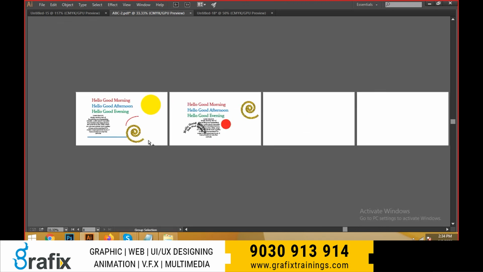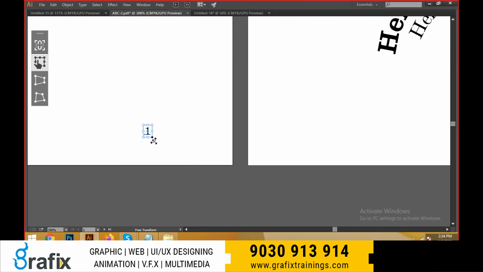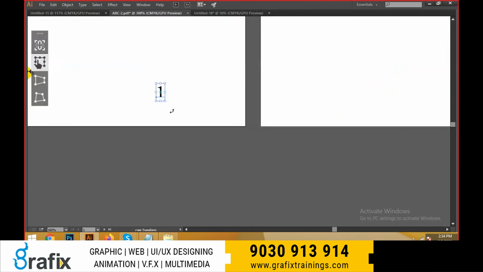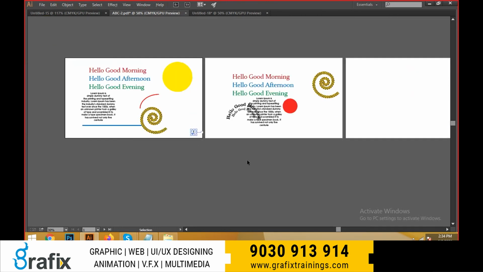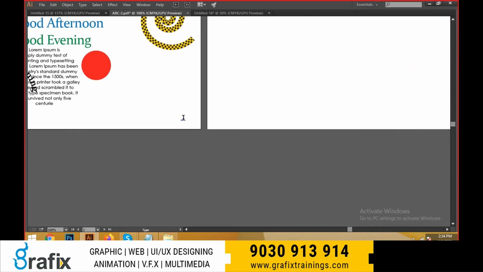Suppose this is the first number I'm keeping here, in page one. I would like to place this same thing in the same place in the other artboards also. Control C, copy, Control Alt Shift V. See, you can place it on all the artboards. This is the second number.